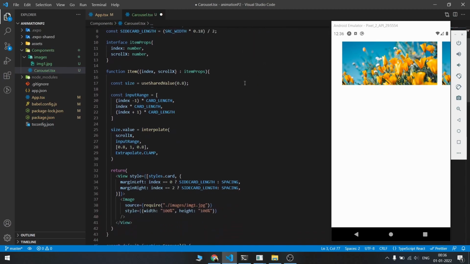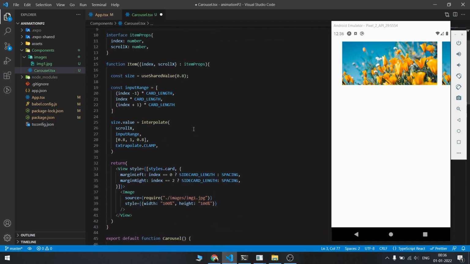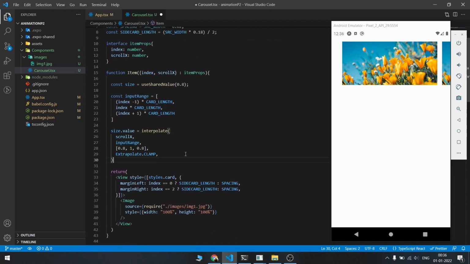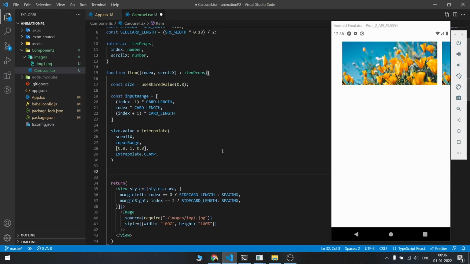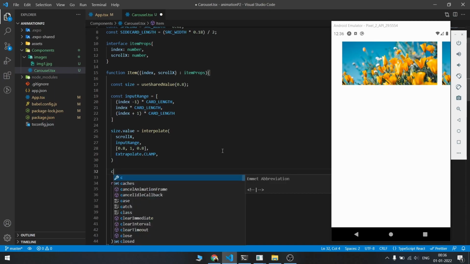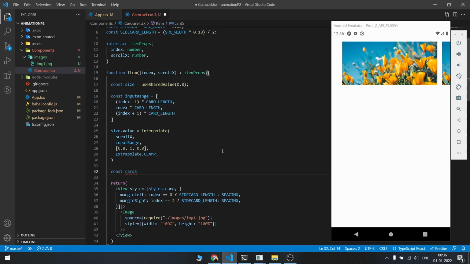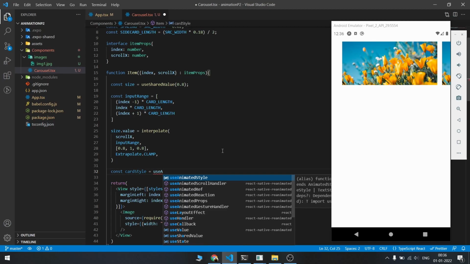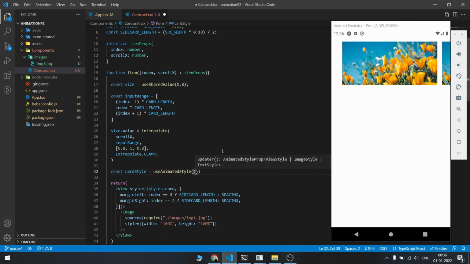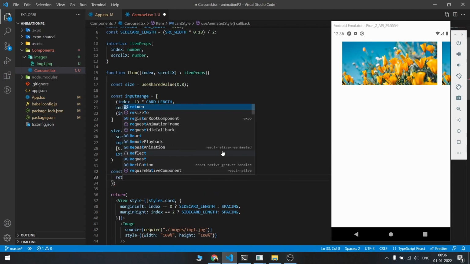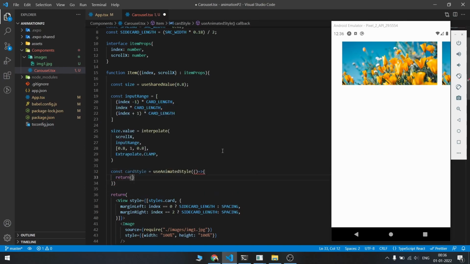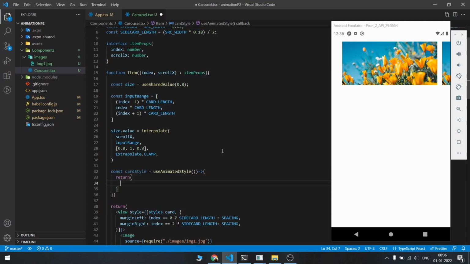This one, and let me define it here. So this will be card style, and this will return a function. So this will be a function which will return the styles object, and inside this we will have the transform property, right? Because we have to transform this on the y-axis.